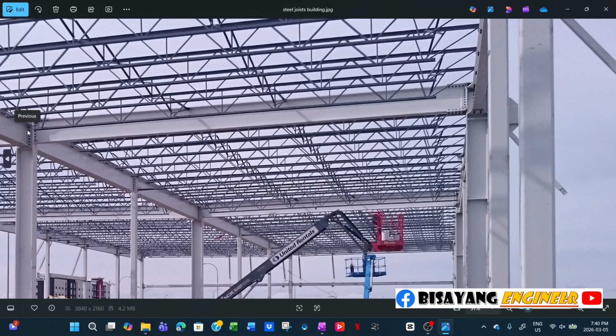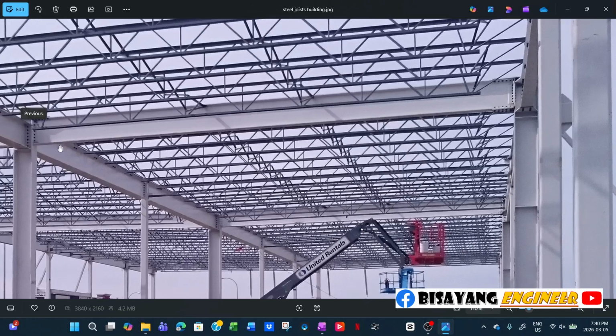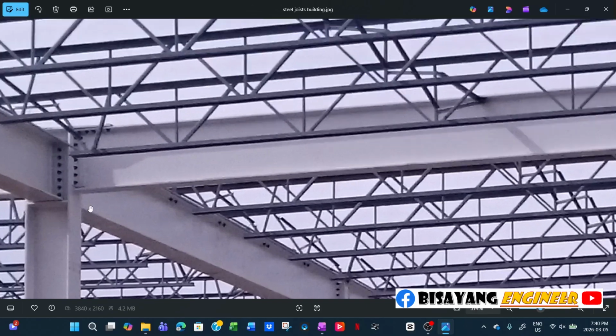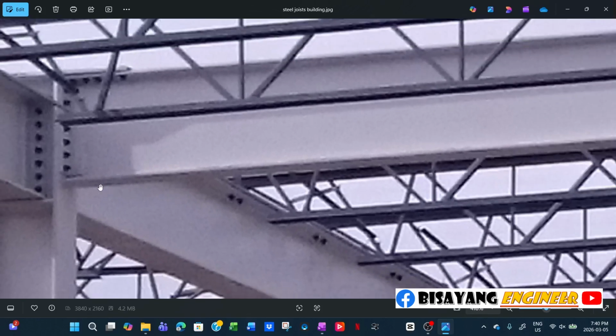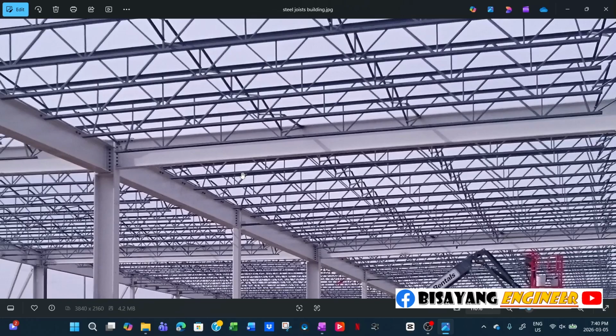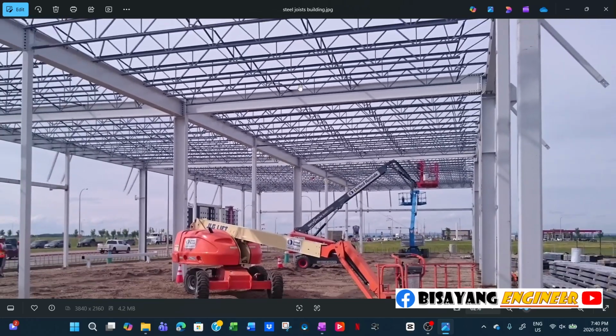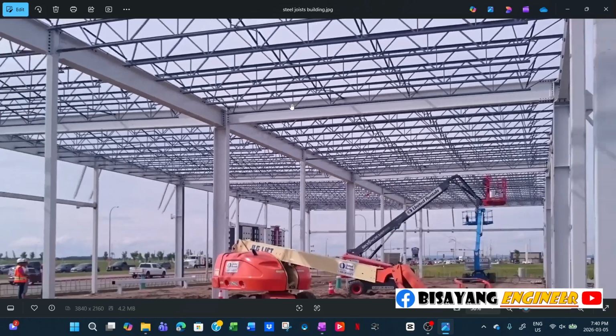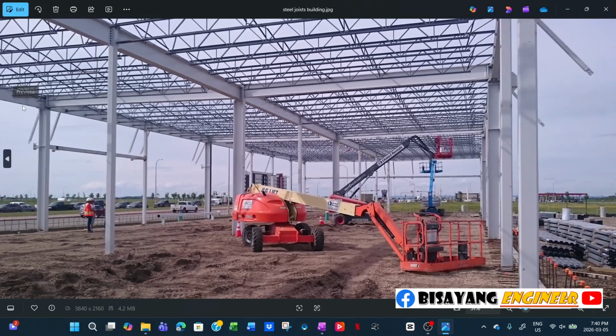in this project some plates were not installed. You see the holes, but the moment plates were not installed. I don't know for some reason. Field welding was done in this particular project. So if you notice, this is an open web steel joist, and